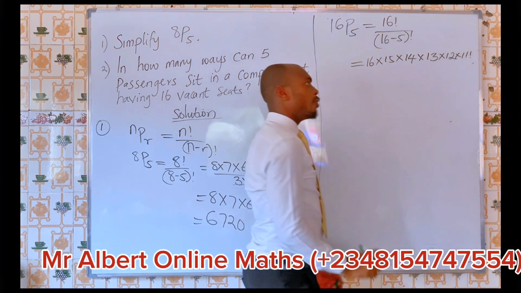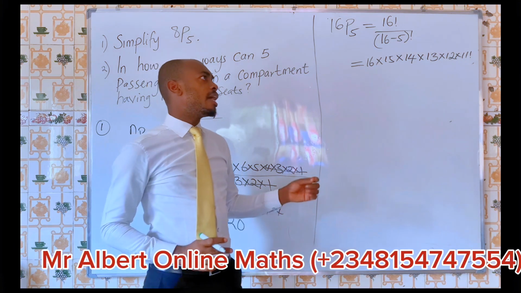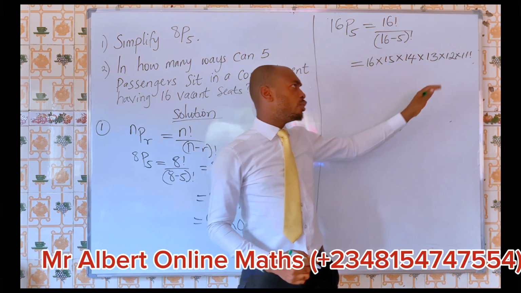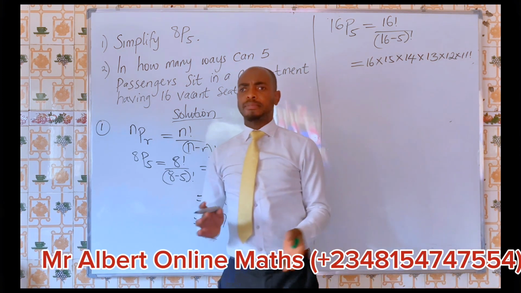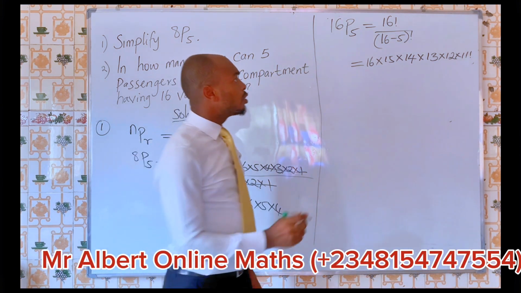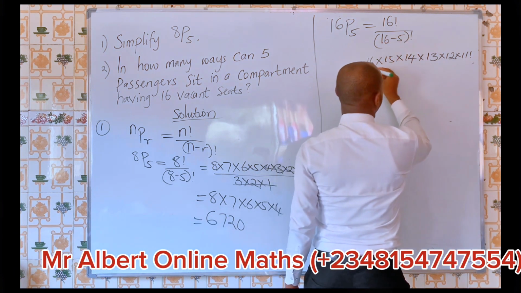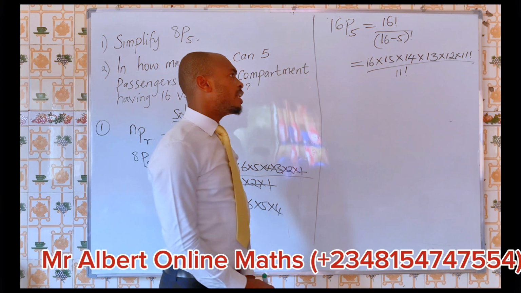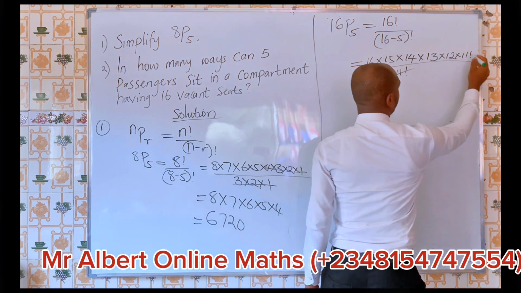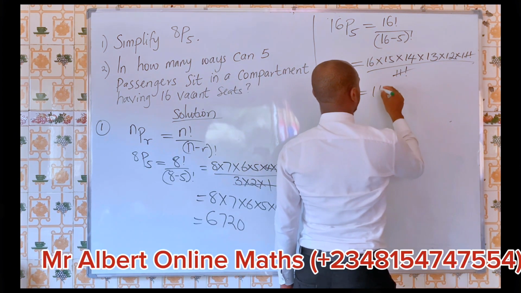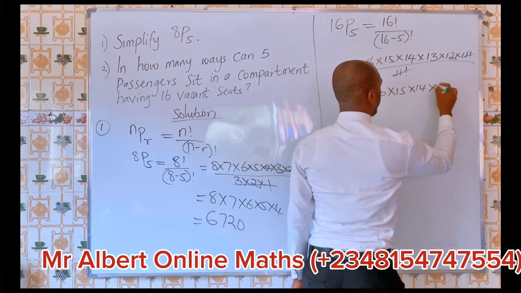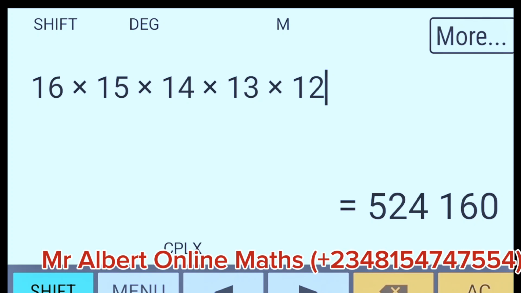I don't want to waste much space and time, so I decided to use 11 factorial. 11 factorial means it continues 11 times 10 times 9 till you get to 1. So 16 minus 5 is 11. We have our factorial, so 11 factorial cancels out 11 factorial. What is left is 16 times 15 times 14 times 13 times 12, which is the same thing as